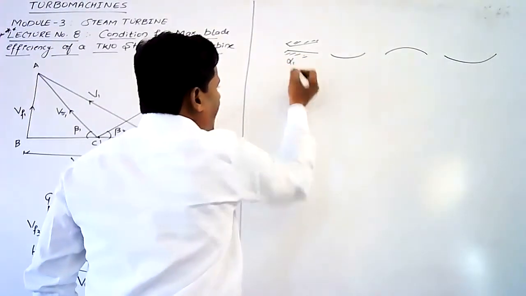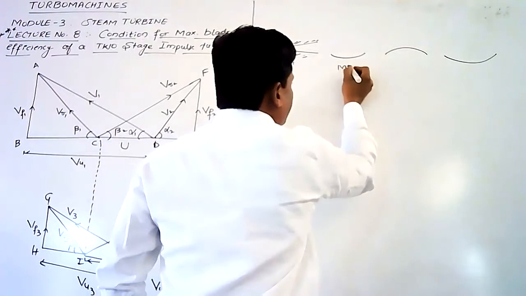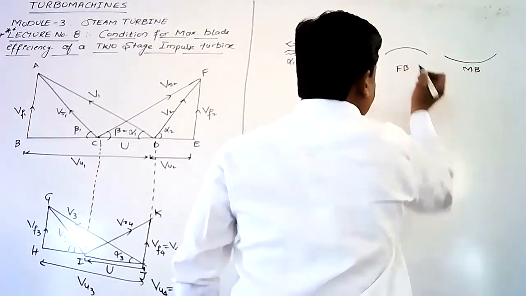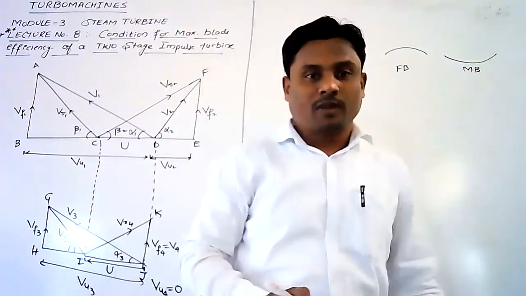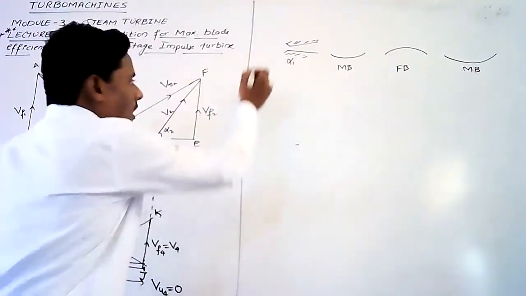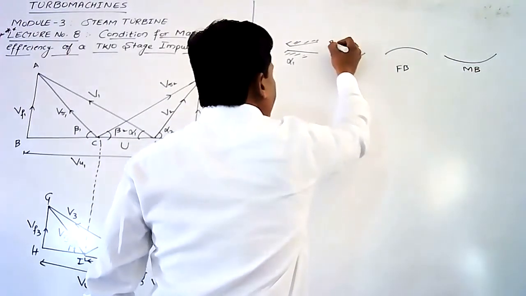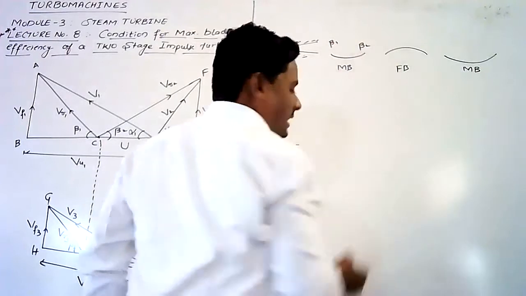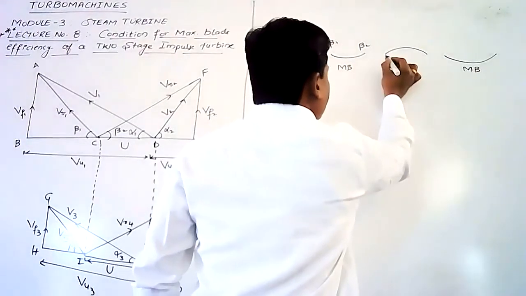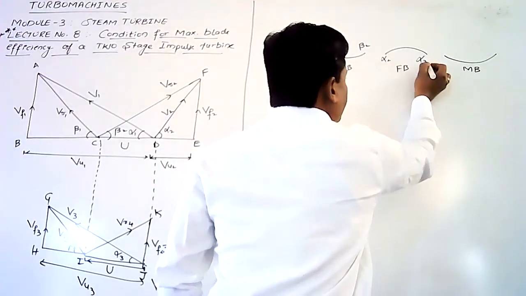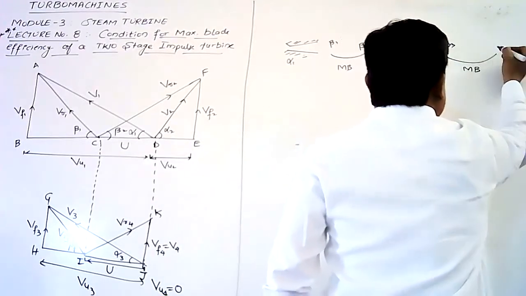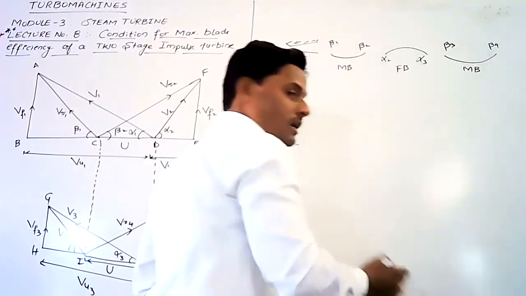For the nozzle, the angle is alpha 1. These are the moving blades. This is also the last row of moving blades, and this is a fixed blade FB. Angle alpha is used for nozzle and fixed blade, and angle beta is used for moving blades. So alpha 1 for the nozzle, and for moving blades it is beta 1 and beta 2, which represent the inlet and outlet tip angles respectively. For the fixed blades, we have already used alpha 1, here it is alpha 2 and alpha 3. And for the last set of moving blades, we have beta 3 and beta 4 respectively.